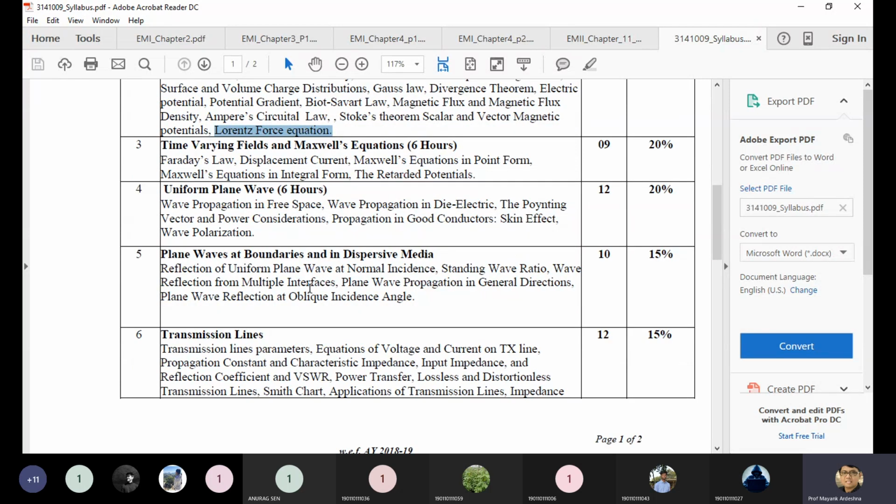In chapter 5, we discussed the uniform plane wave for any kind of signal. For that, we assume two different media: one is dielectric, second is conductor. Whenever the signal moves from one to another, we represent these signals in terms of mathematical equations like the incident wave, reflected wave, and transmitted wave. According to these equations, we find three main parameters: one is the reflection coefficient, second is the transmission coefficient, and third is the standing wave.